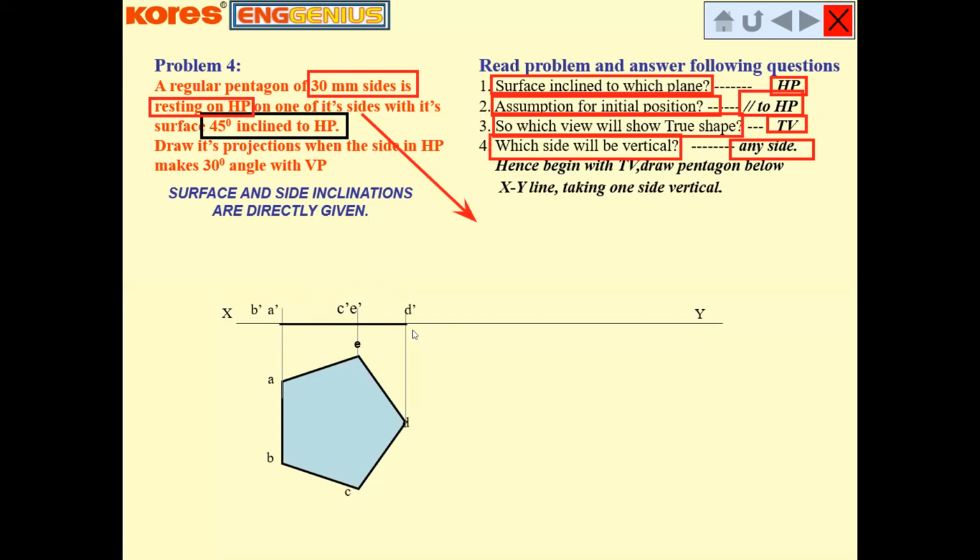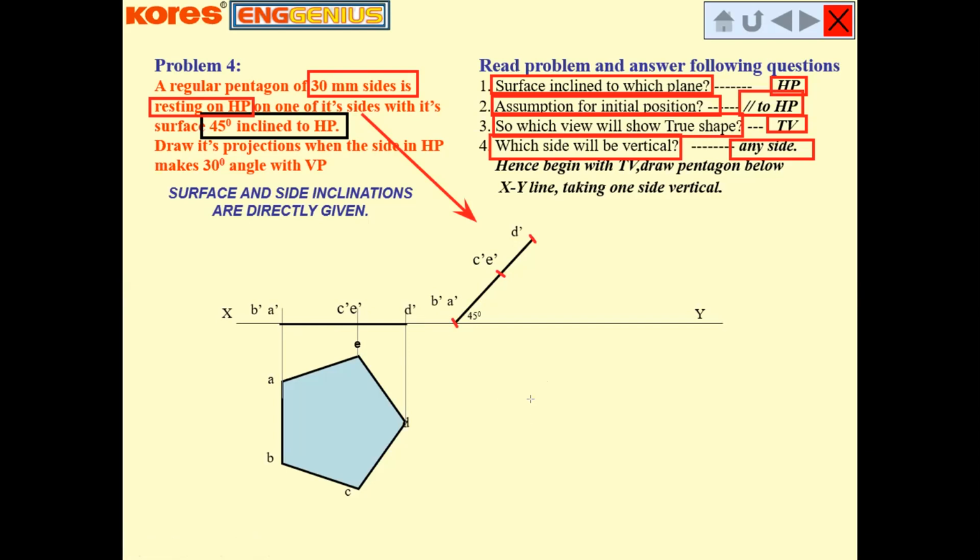So consider this line A dash D dash and draw it over here with the same distance which you can see in the front view. Mark A dash D dash in your compass, keep the point on this XY line and mark an arc over here to get the length of A dash D dash like this. Also mark this A dash C dash point according to the dimensions. This is my point C dash, E dash, this is my point D dash, and this is my initial point A dash, B dash.